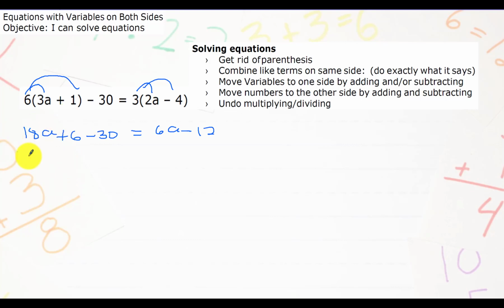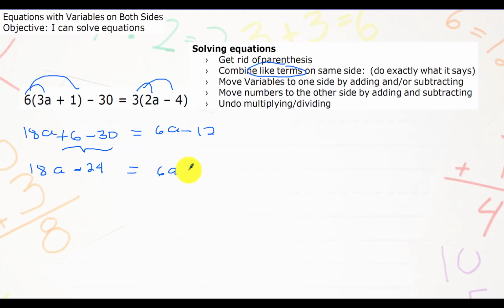Now note that on this side of our equation, we do have like terms. So your 6 and negative 30 are like terms. So we have to combine these two first. So 6 minus 30 is equal to negative 24. Bring down your 18a